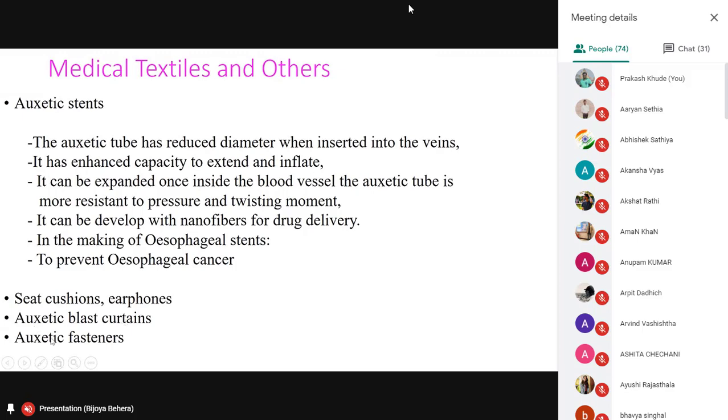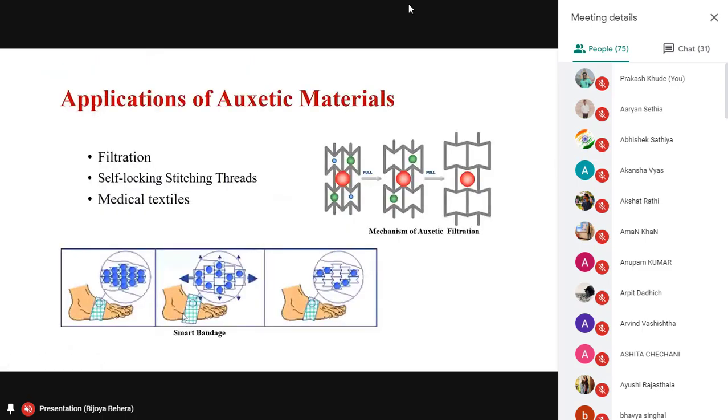In military applications, it's called auxetic blast cotton. So this is a very, very advanced application nowadays for defense people. A fabric is produced using auxetic fabric. When there is a bomb blast, then it strikes. If you have a cotton, it acts like an umbrella. When the blast force acts on this fabric, the fabric expands in both longitudinal and transverse directions. So surface area increases. That means intensity of blast decreases. And auxetic fabric is one of the most useful safety gears nowadays used by military people for these applications.